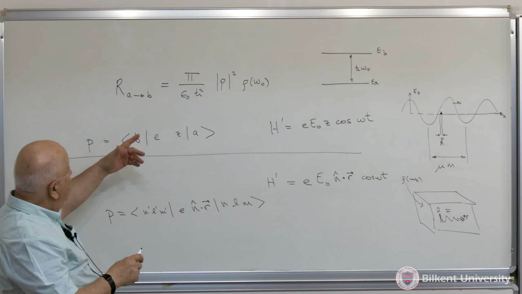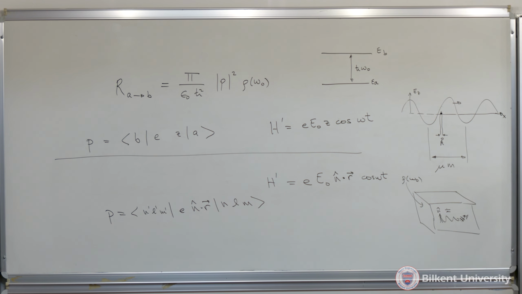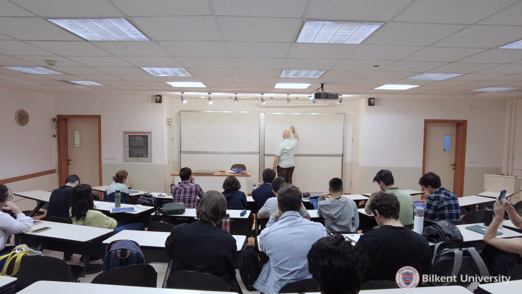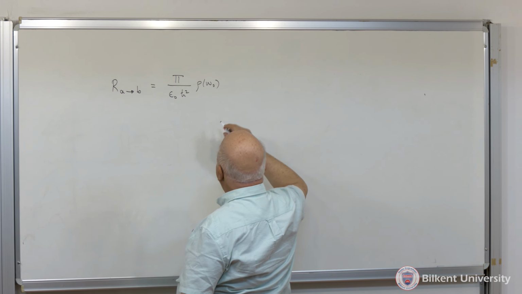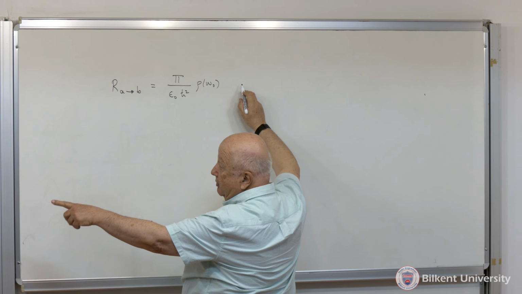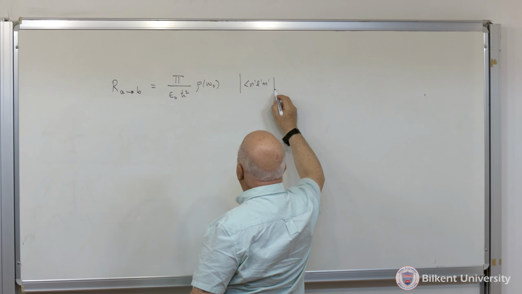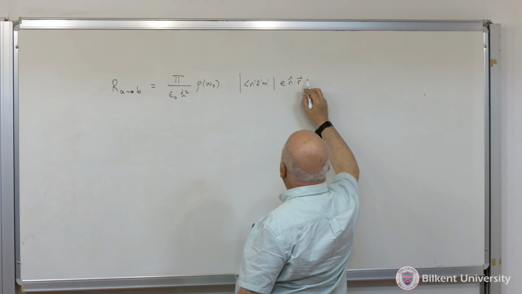So it will end up in our transition rate equation as R from A to B equals pi over epsilon 0 h bar squared rho omega 0, that is the same, but now I get the magnitude of this thing, n prime, l prime, m prime, and then E n dot r,